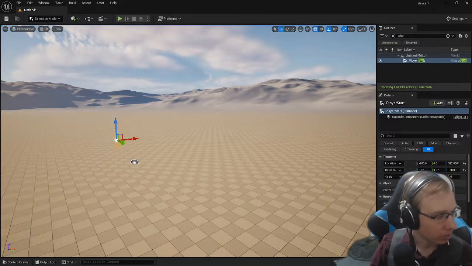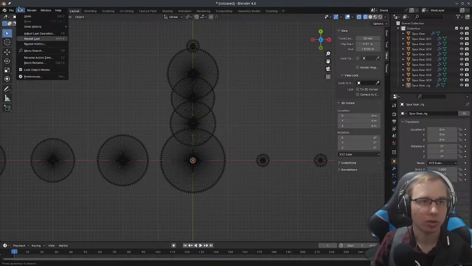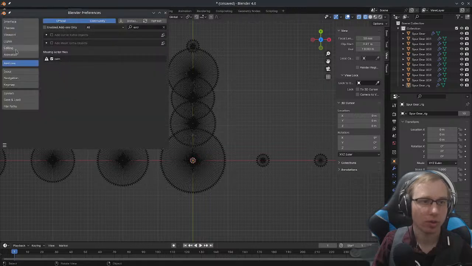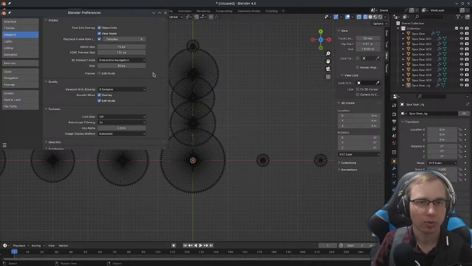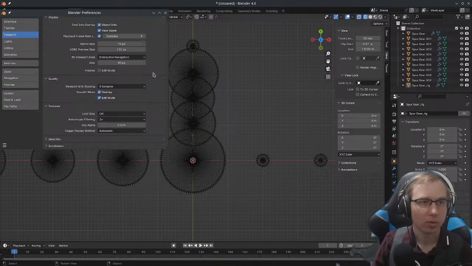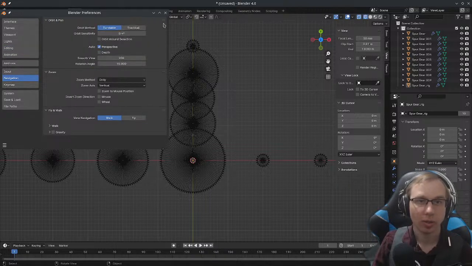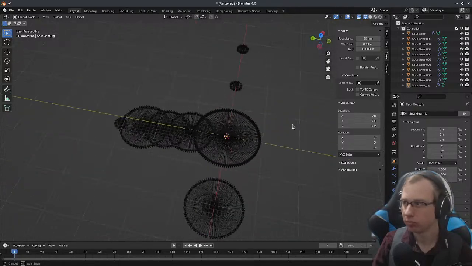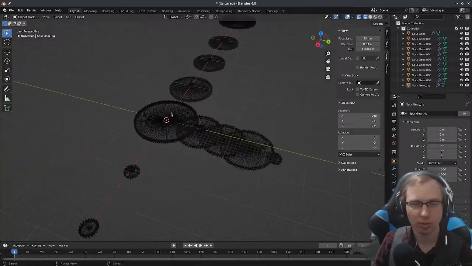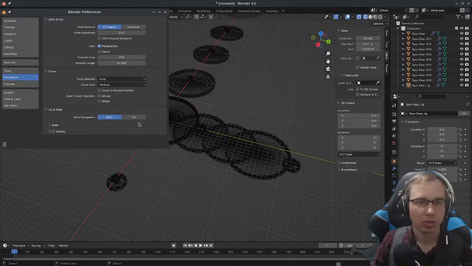But I can pull up Blender here and switch it here. Edit, preferences, viewport, editing, navigation, there it is. So right now we're in turntable, and like so, looks just like the Unreal. And if we change it to trackball,